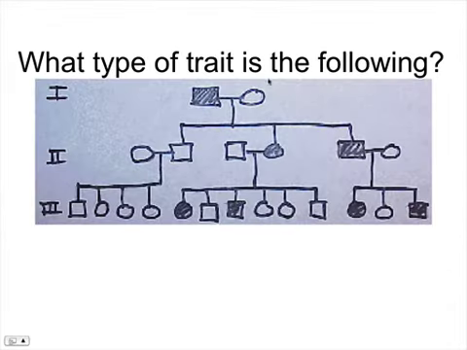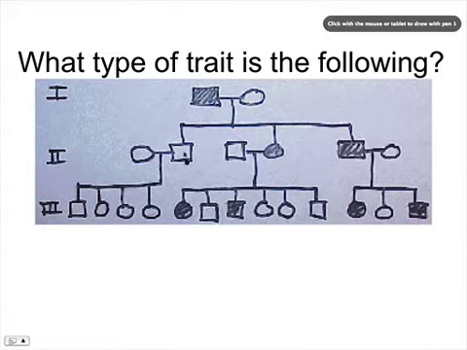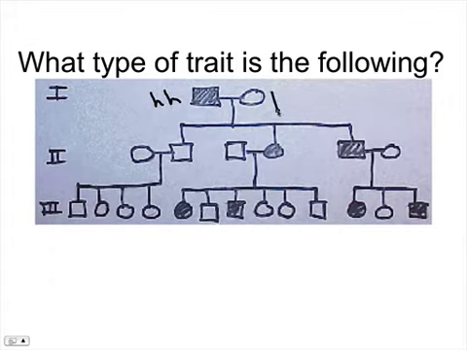So if you look at this pedigree, what type of trait is this picture? You've got a showing parent with a non-showing parent. This one suffers from the trait, this one does not. And they have a bunch of kids. They have 1, 2, 3 kids. So if I look at it, what can we do? We can guess to see what type of trait it's going to be. For example, if this is little h, this is big H,